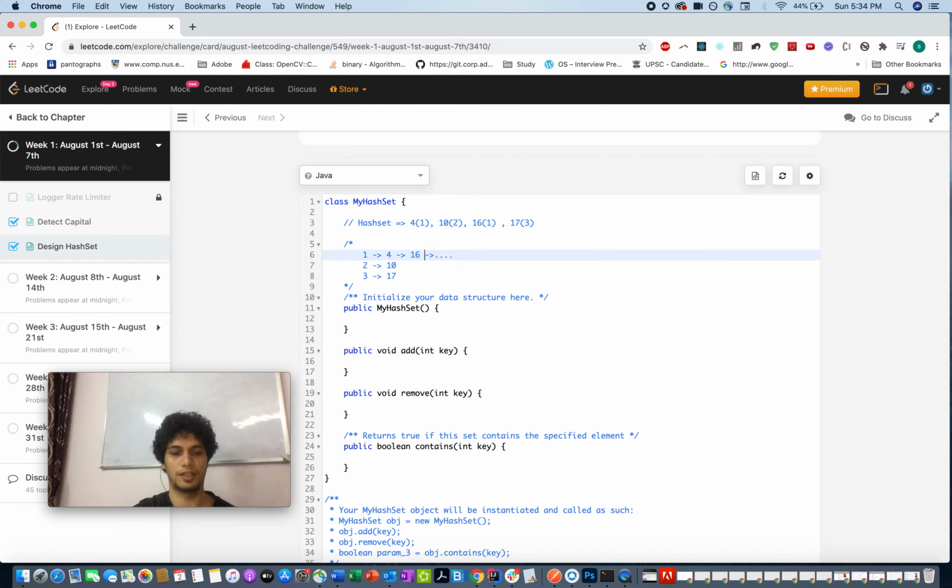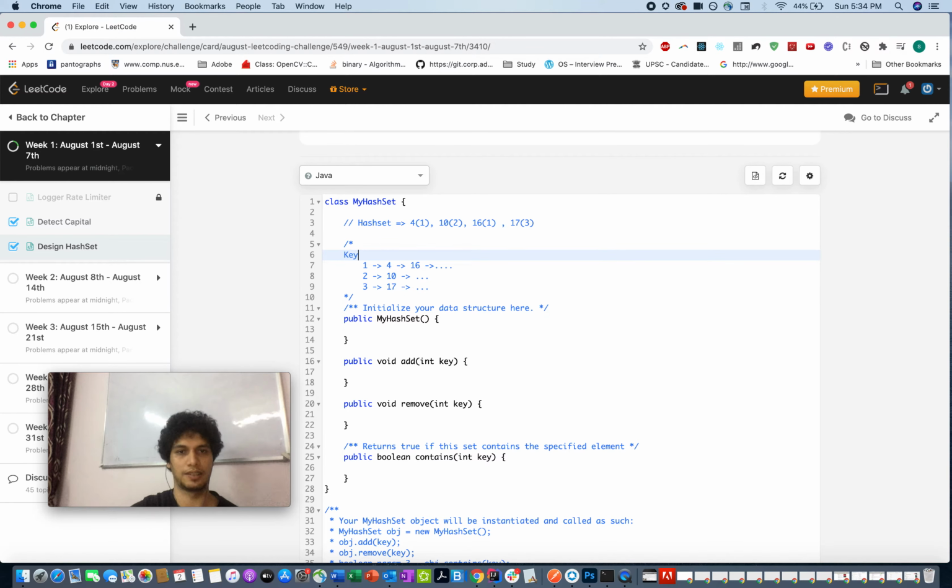So this is what the design of the hash would look like, and whenever you want to remove it, you simply remove it. So these are like hash indexes. The first one is hash, and these are the keys 416 starting from the first position. So it's a 2D matrix wherein you are using the hash of a key as your row number, and then adding the values in the hash map wherever you see this.